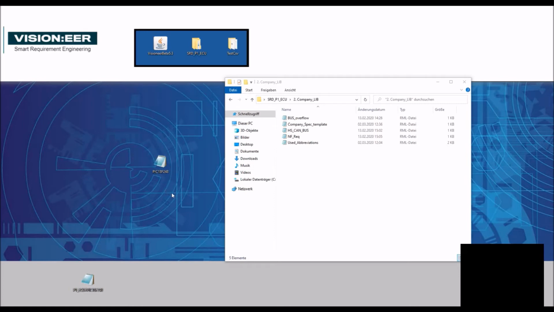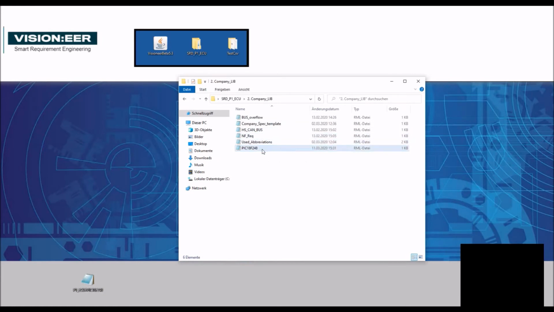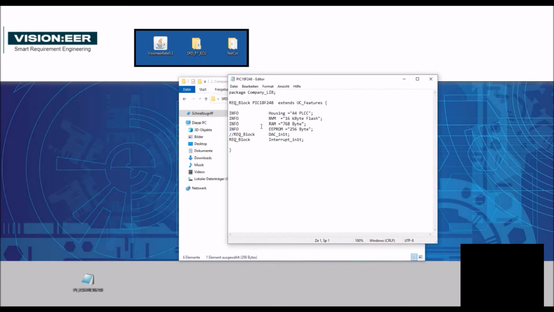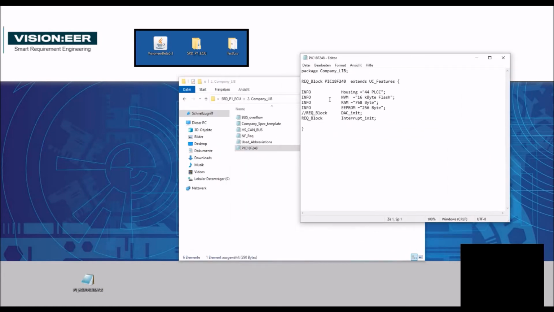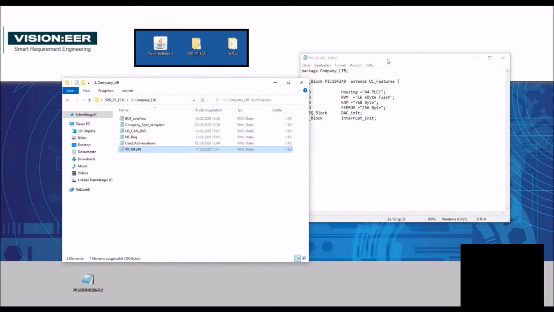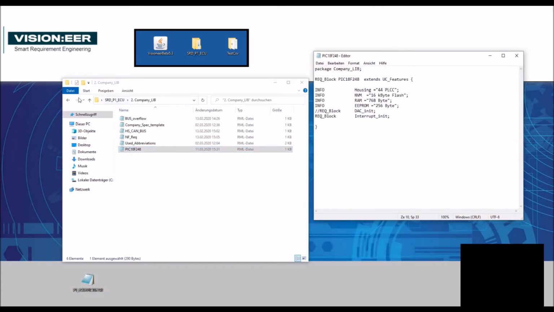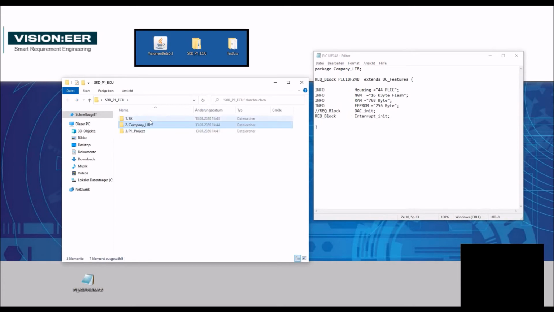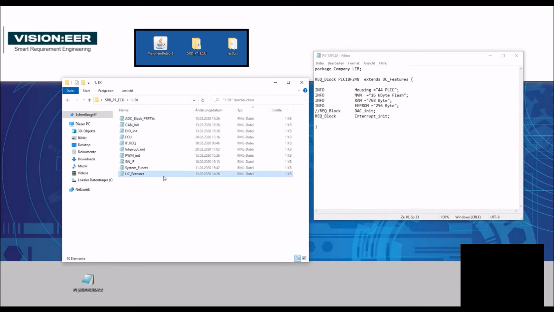So for our example we decided to take the PIC 18F248 and put it inside the company library, and we already defined some information, or finalized some information which will not get changed, so we can already put it inside this file. So I want to show you